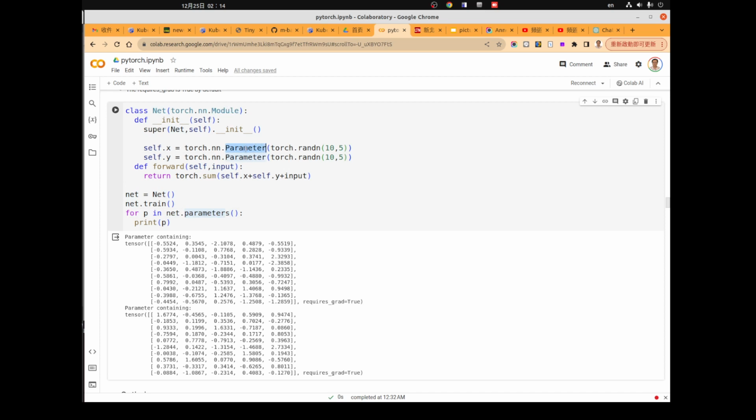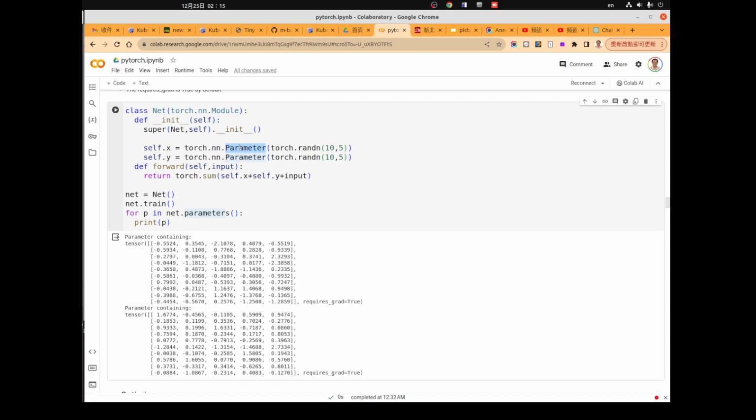You can see that we assign the parameter to some variable inside the object. When we assign the parameter to an attribute of the module itself, the module will recognize that x is pointing to a parameter, and the module will keep track of all parameters created within it.